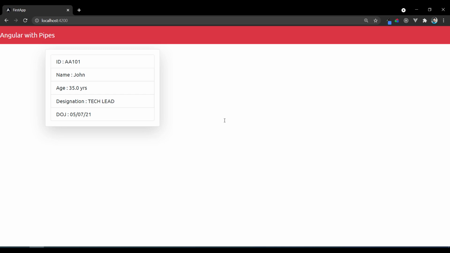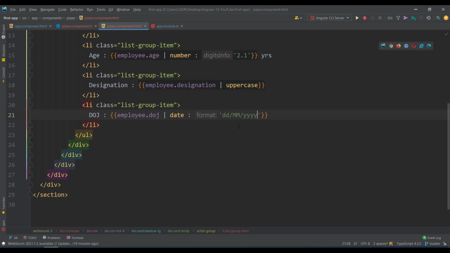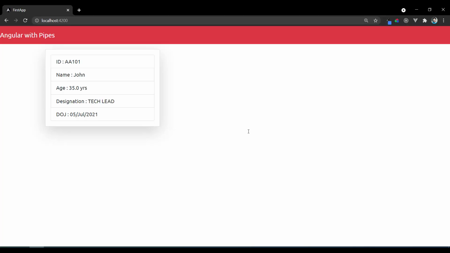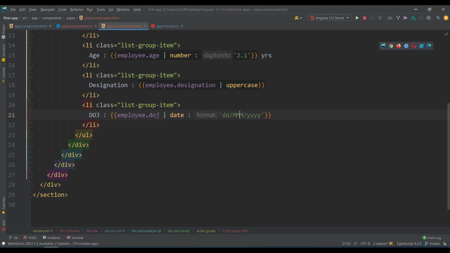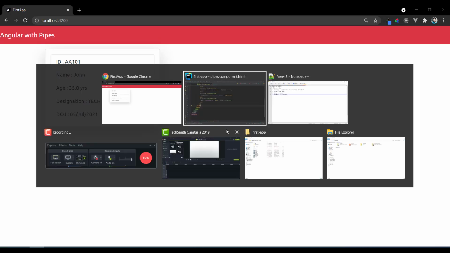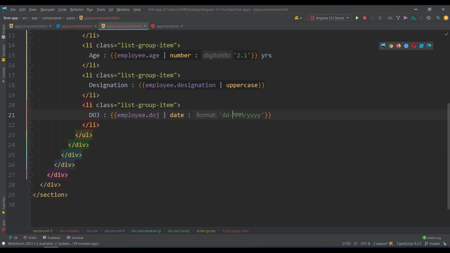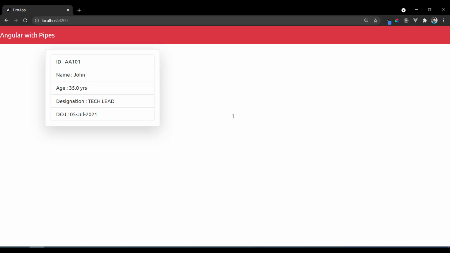Also this 07, I want July. So let's say MMM, like that. And remember, only month is caps and these two are lowercase. Or if you want a hyphen, let's take a hyphen. So this way you can make it.